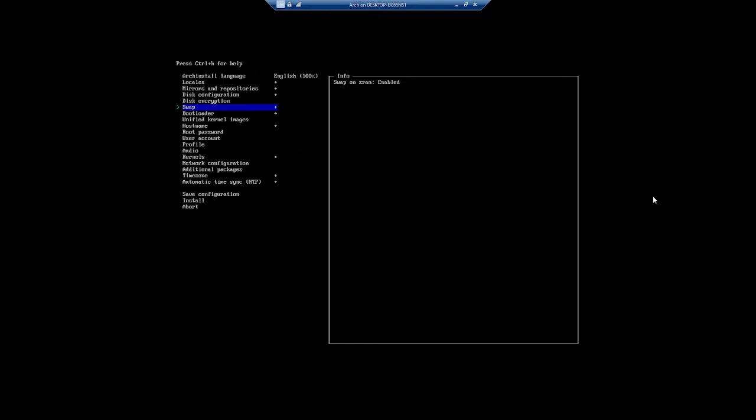So next one is swap. This is enabled by default, and I'm keeping it as it is. So swap means if you have less memory, for example 4 gigabytes of memory, and you run some program that needs more than 4 gigabytes of memory, it will automatically move